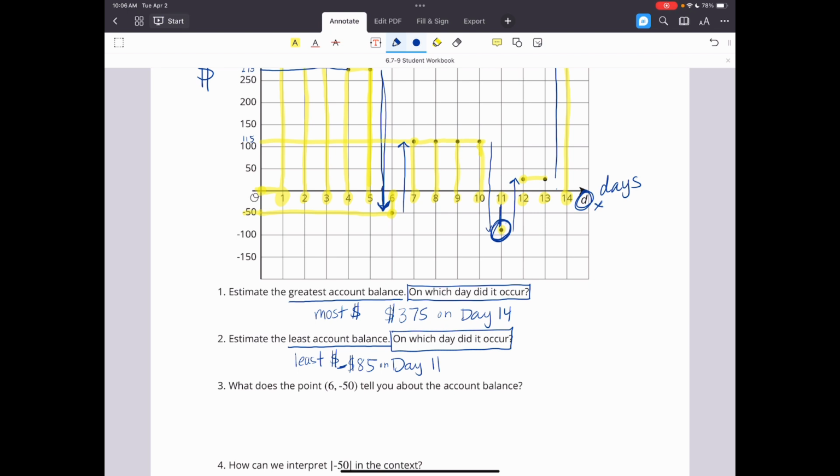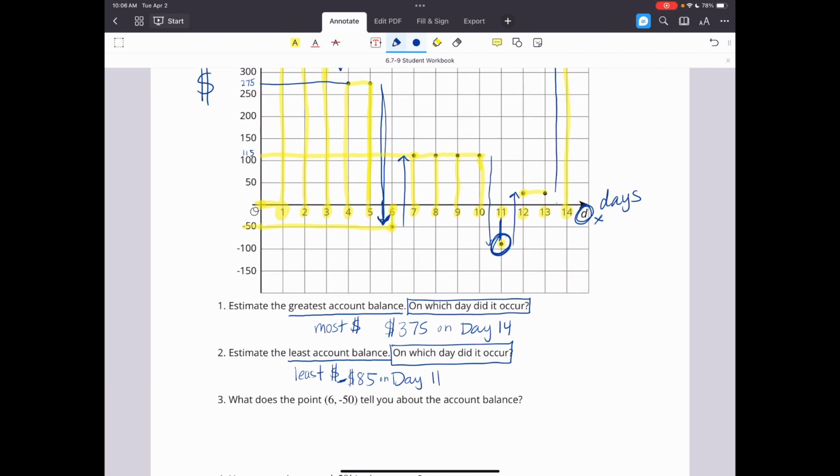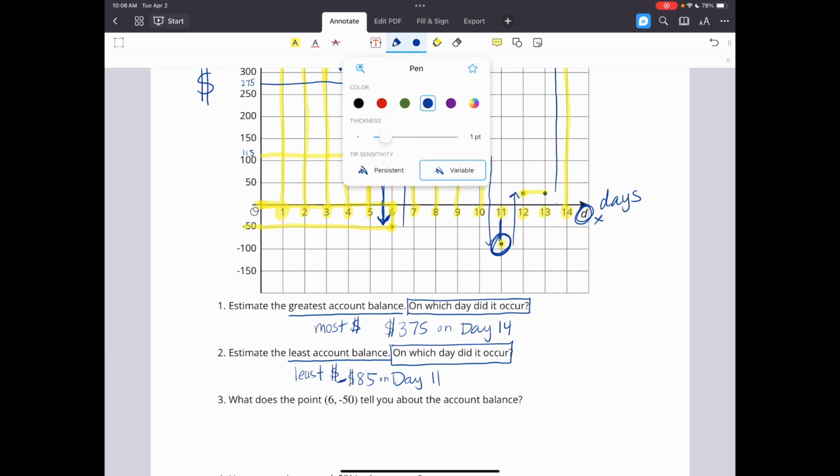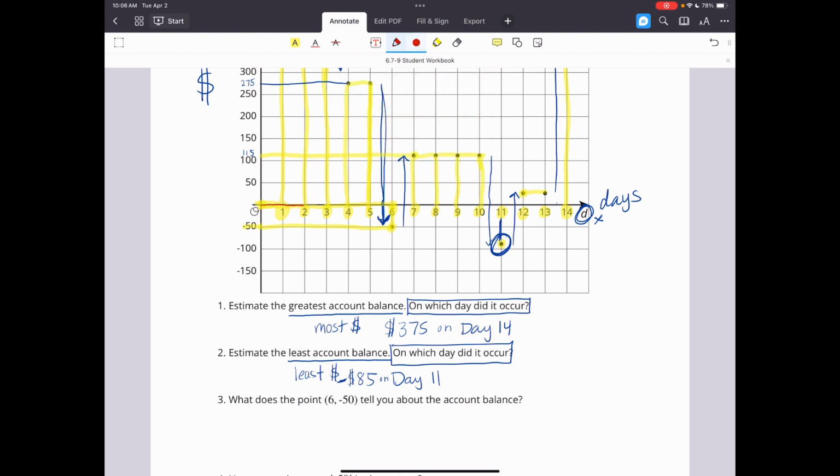What does the (6, -50) tell you about the account? So when I'm trying to interpret a graph, I just have to check the labels. So I plot the point. So if I go across to 6, what does 6 actually mean? I'm going to change this over to red so you can see me track this. I'm going over to 6. 6 is the amount that I'm talking about. And then I go over to my axis. What axis is this? It's the days. So 6 means